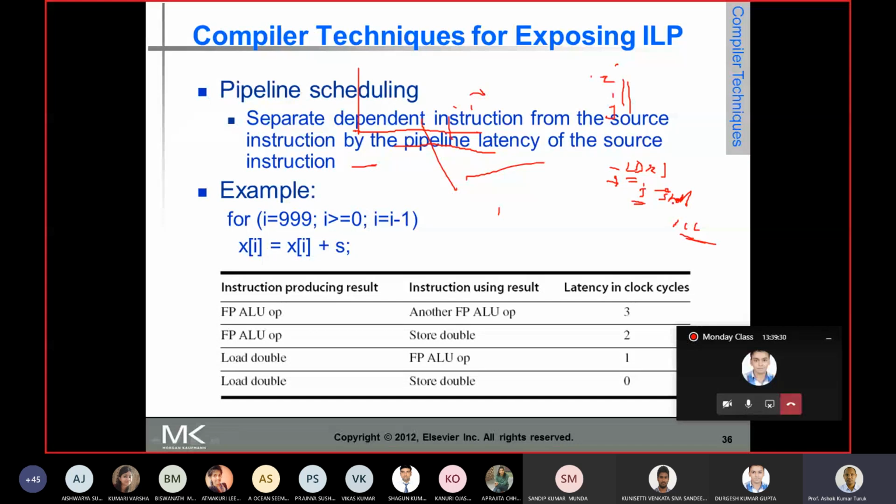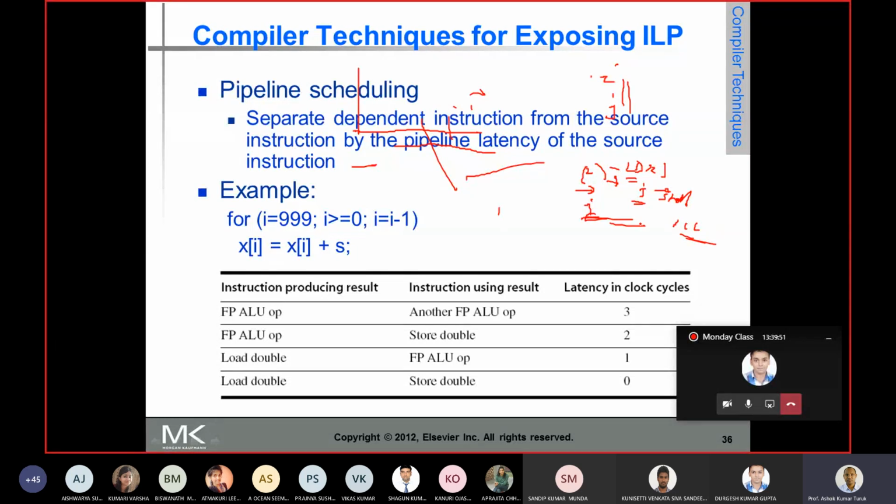Now, if you separate out these two instructions, let's say instruction I is my load instruction, then between instruction I and instruction j there will be a one cycle latency delay. So you put some other useful instructions between instruction I and j, such that instruction j is not going to stall.